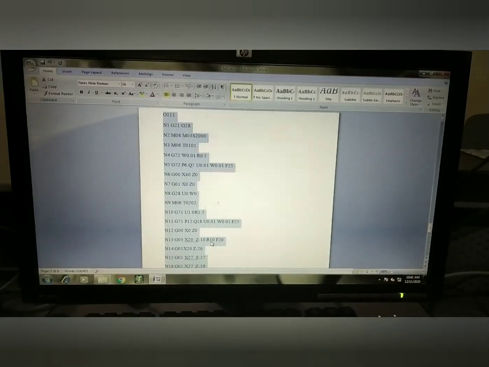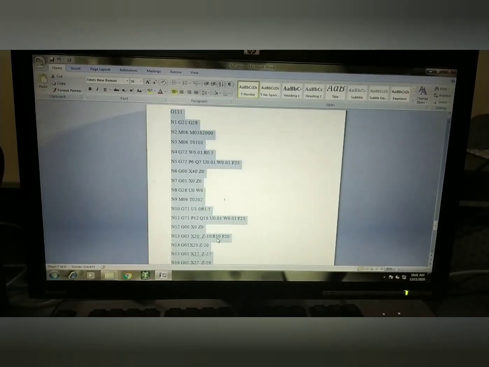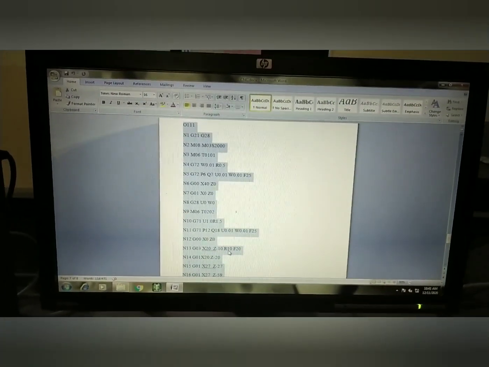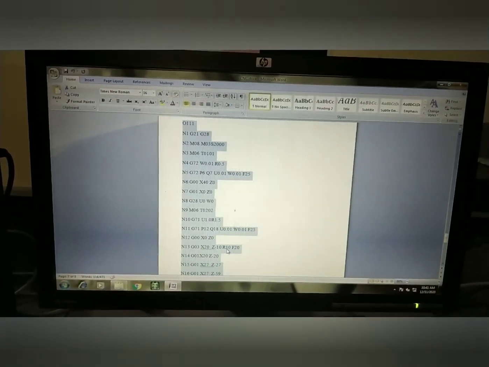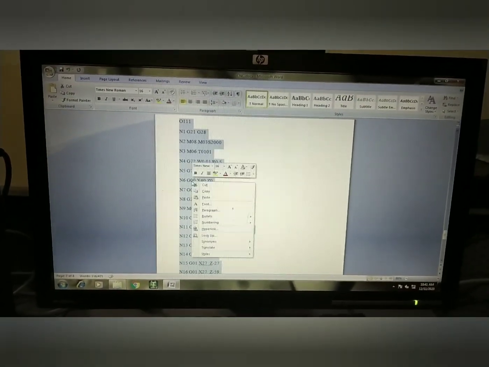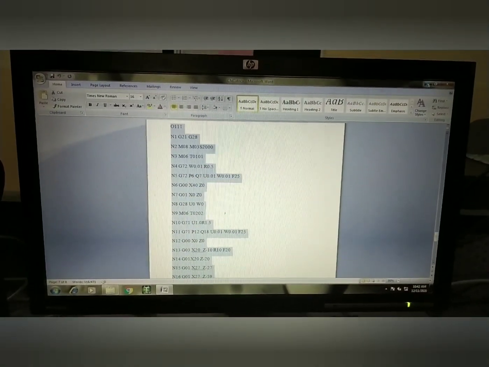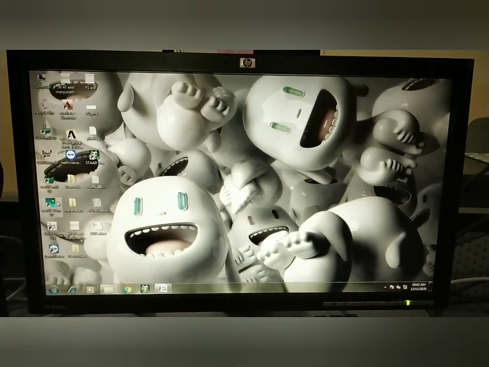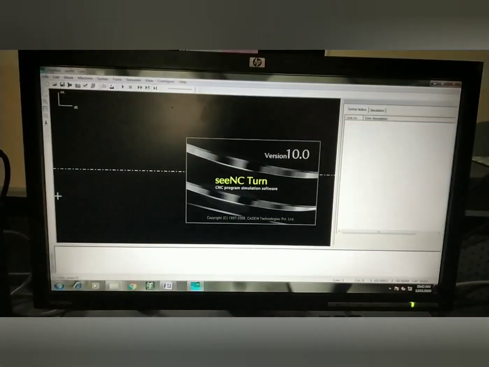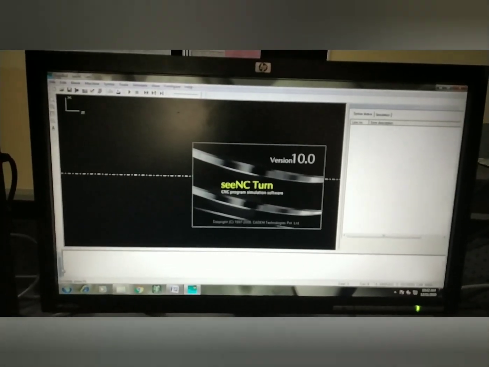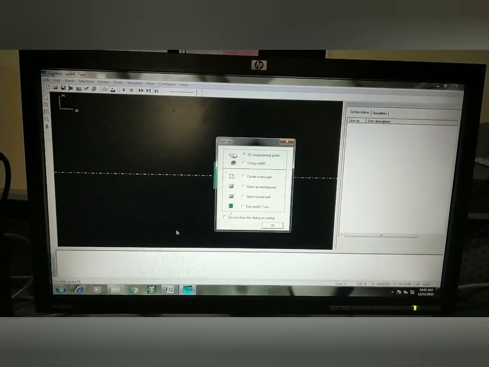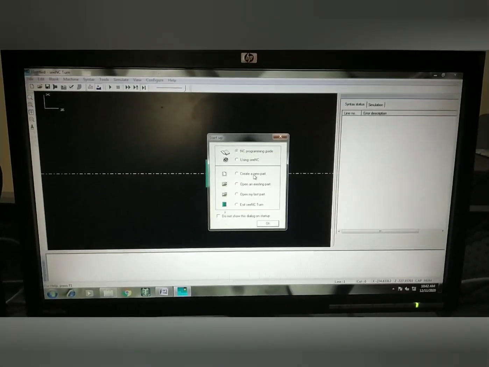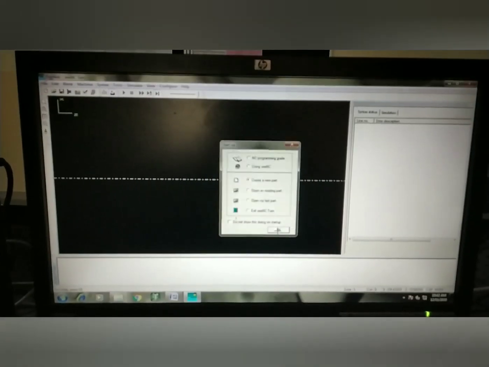Thank you. Let us execute this program in CADEM software. First type the program in MS Word or Notepad. Then copy this program. Then go to software, that is CNC Turn. Before that we have to select create a new part. Click OK.